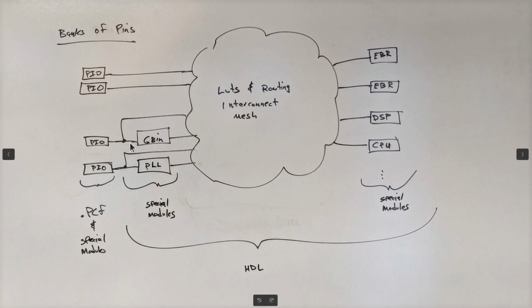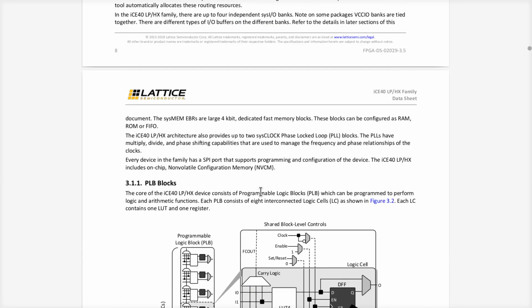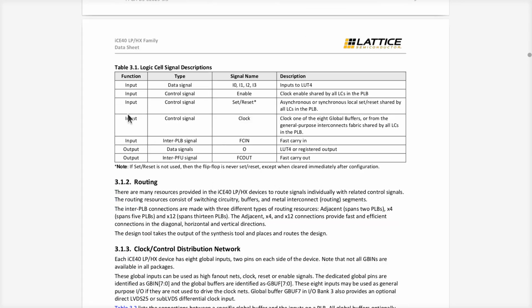Well, there's a thing that looks like a module that I can create as part of my application, in Verilog in my case, and I can say I want a PLL module, and I want to set these signals going into it and some other signals coming out of it. So I'm going to create a PLL module. But my point is there won't be source code. I'm not going to be able to see it because there isn't any. The tool set itself provides these special modules. And in the case of the ICE40HX, those modules are defined down here. Right here where it says,